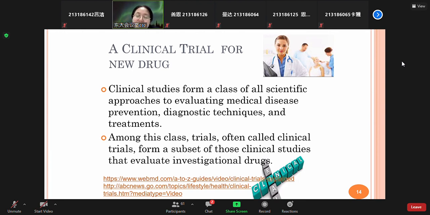So that means we use human beings as the subjects, or testees. Yeah, we take the human being as a testee. So that's why we call it clinical trial, and we don't use the word experimental like that. Okay, so